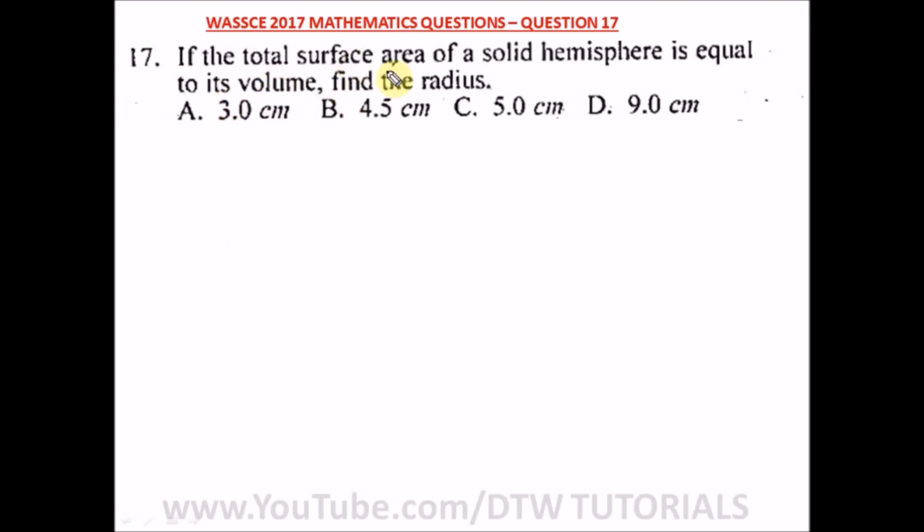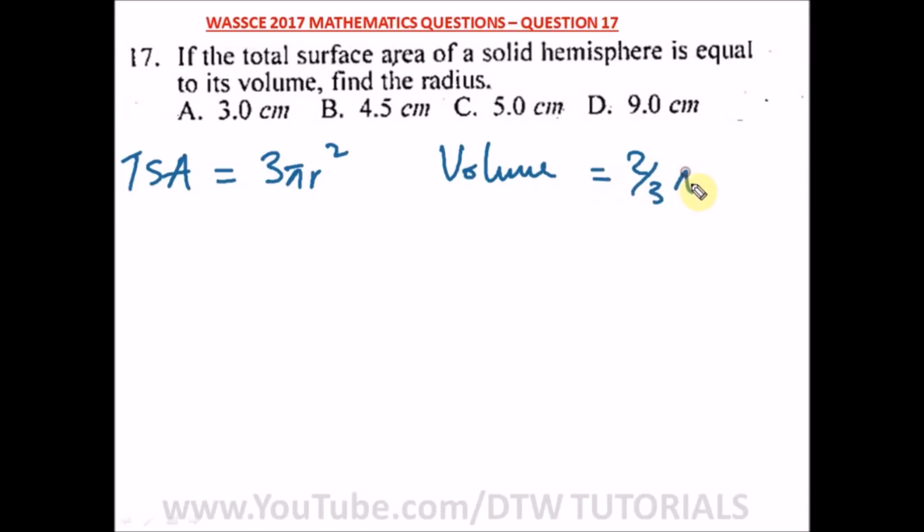Question 17 of our WASSCE 2017 mathematics past question. It says if the total surface area of a solid hemisphere is equal to its volume, find the radius. So what's the formula for the total surface area of a hemisphere? The total surface area of a hemisphere is what? 3 pi r square, while the volume of a hemisphere is what? 2 over 3 pi